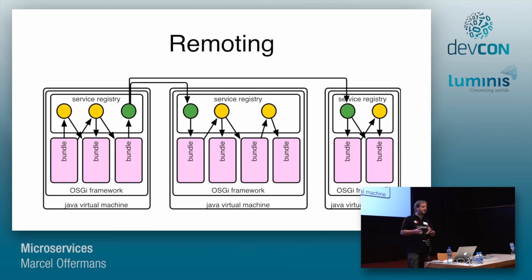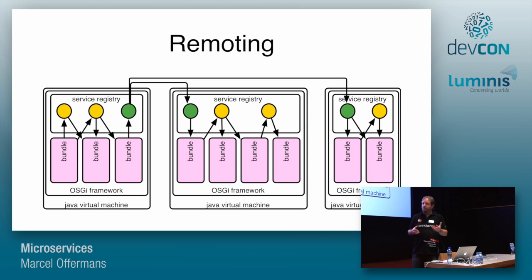Because up till now I've said OSGi has a service registry, but it's local to a single container. That's not very useful in a cluster. You'll probably have multiple processes running on different machines, and you need some kind of way to connect them all. And in the previous talk, we saw that you probably need some kind of discovery mechanism and key-value store that's distributed along your cluster to actually make that happen at a low level.